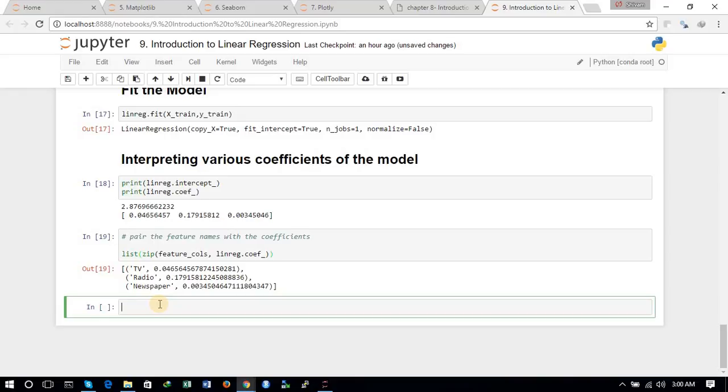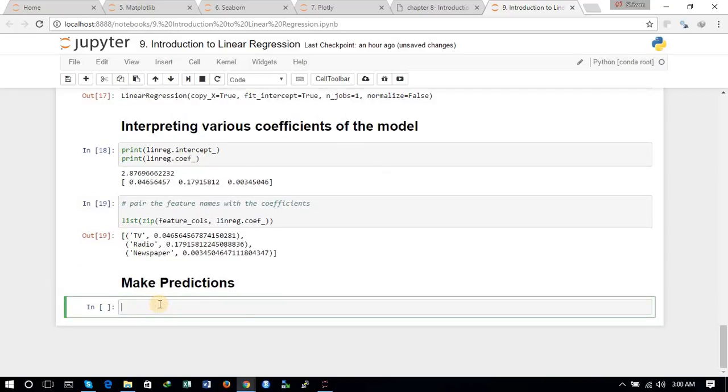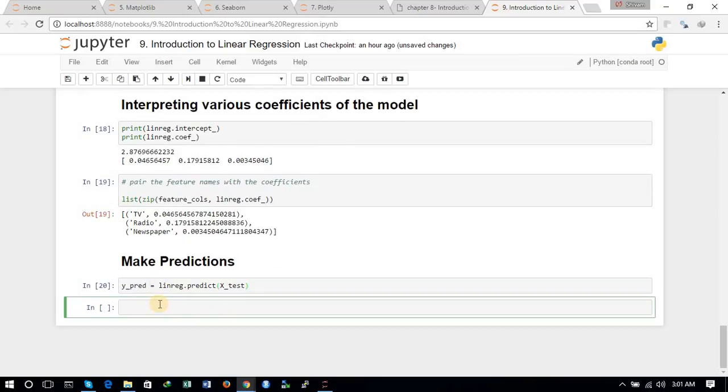So now let us just try to make some predictions based on the test data. Now we will make the predictions, y pred equals linreg dot predict, where we are trying to predict on the X test data. So we have just predicted it. In the next step, we will be computing